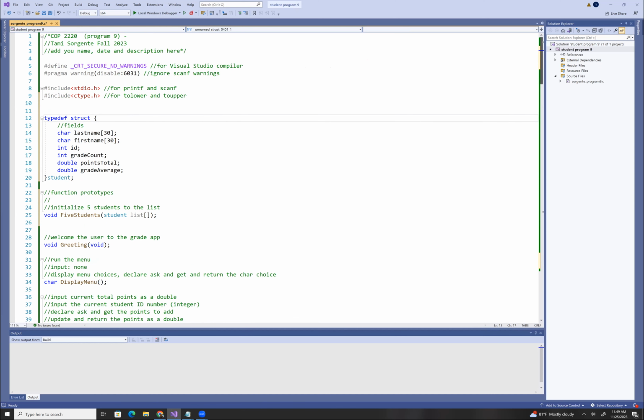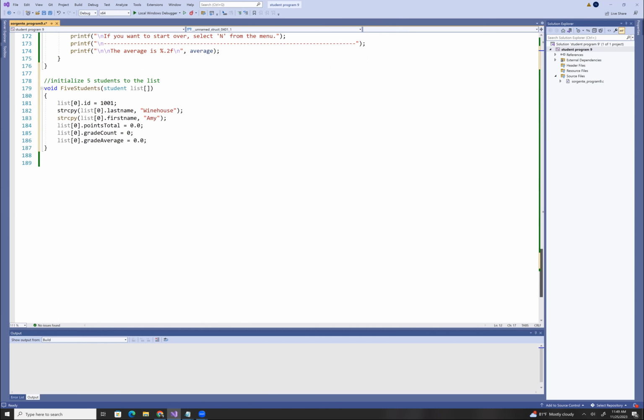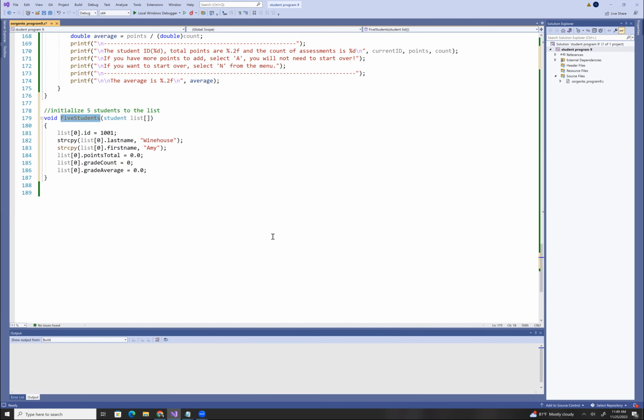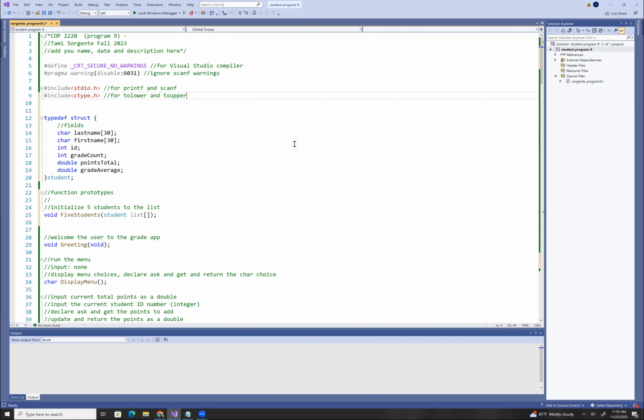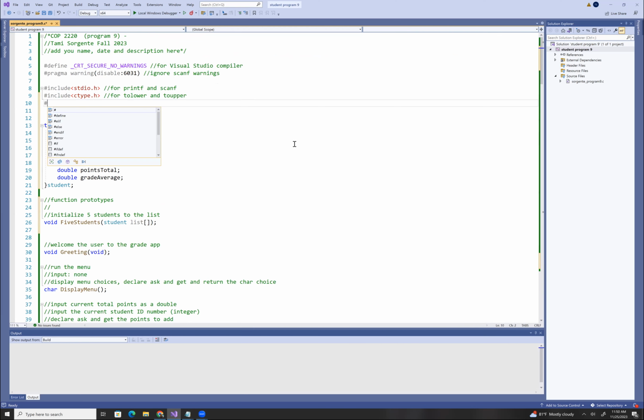So let's go back down here to my function. This is where I'm going to add 5 students to the list. This is an array assignment, so we do want to practice doing an array. This list at index 0 is a student. .id is an integer. List at index 0 is a student. .lastName is a character array. Because I'm using C, I need to use string copy to assign that, and I need to go back up here and #include